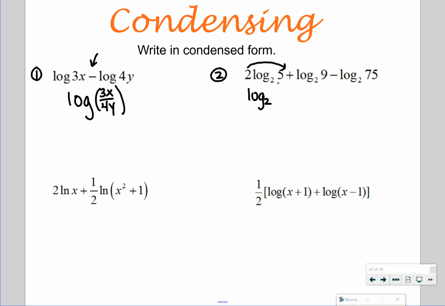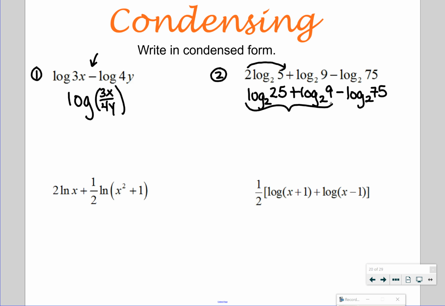Now, right now, you could say 5 squared, or you could just simplify it. We know that 5 squared is 25. So we'll save ourselves a step and do that all at once. I'm going to bring everything else down. Okay. Next, if you have any addition,